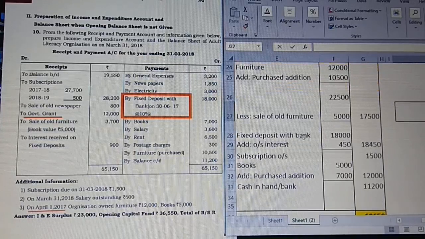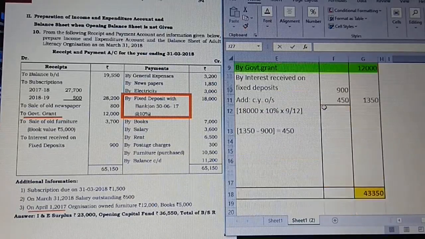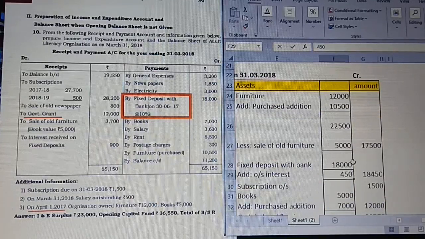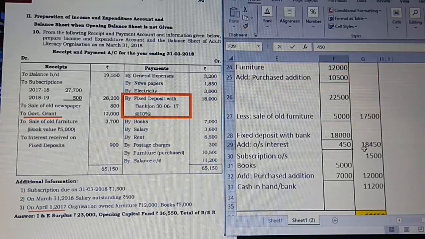Next, moving on to the payment side, all the assets whatever is there, we have fixed deposit. So I've taken that, concentrating on this, 18,000 is a fixed deposit made by us, and outstanding interest which is not yet received, we have received 900 out of 1,300, which we need to calculate. We calculated and found the current year outstanding as 450. Under the income side, only outstanding is required to be added. So only anything which is pending to be taken up in the balance sheet. Clear? So it's going to be 18,450.